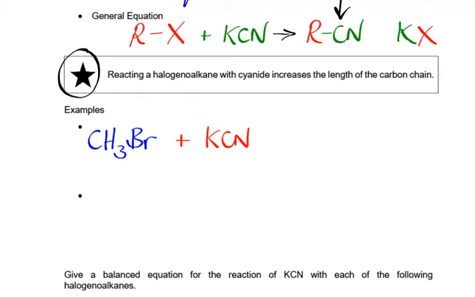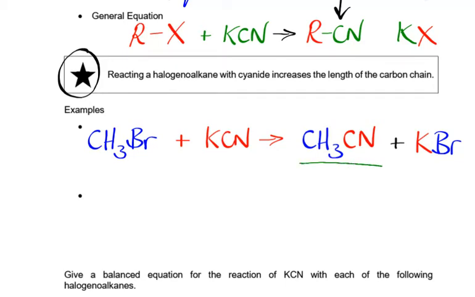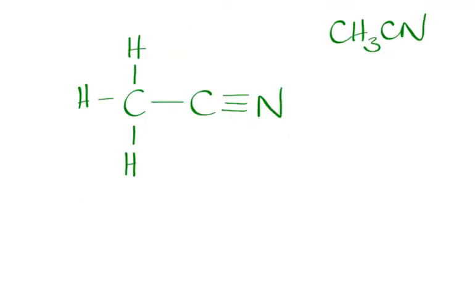Taking the first example, we use bromomethane, reacting it with potassium cyanide, and this gives us our nitrile compound here, in addition to potassium bromide. Let's have a little look at the nitrile that we've made and look at where the name comes from. So here's the organic product from that reaction,